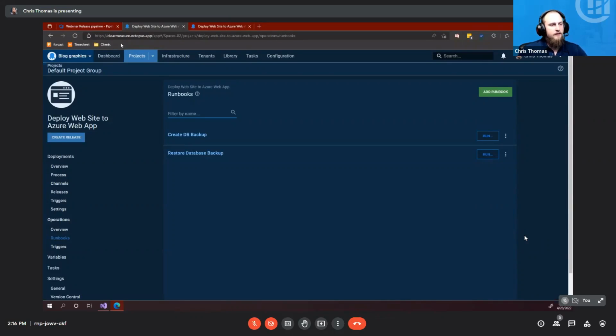I've seen lots of different one-off tasks that are not part of putting artifacts on a box. It's maintaining those artifacts or maintaining connectivity or something along those lines. And so Runbooks were Octopus Deploy's solution for that, and they put them separately, but inside this project, because